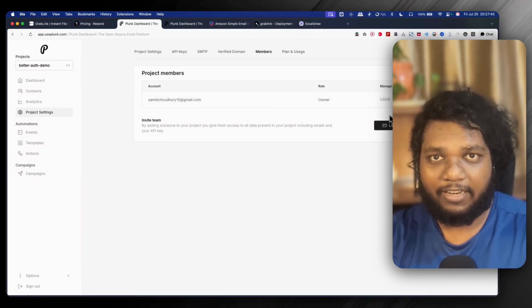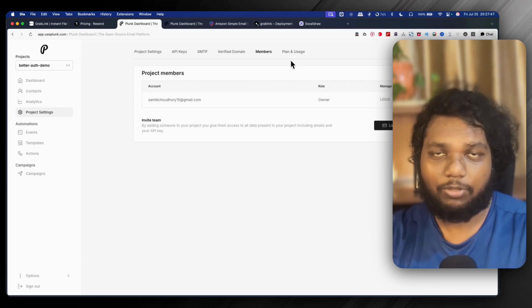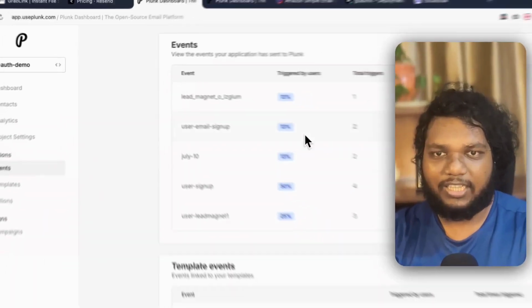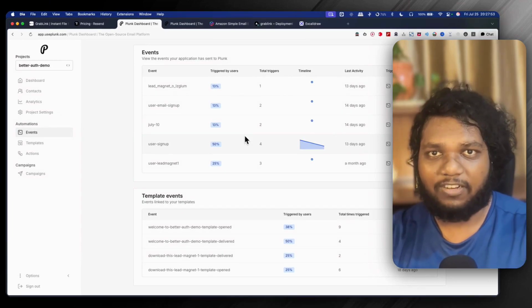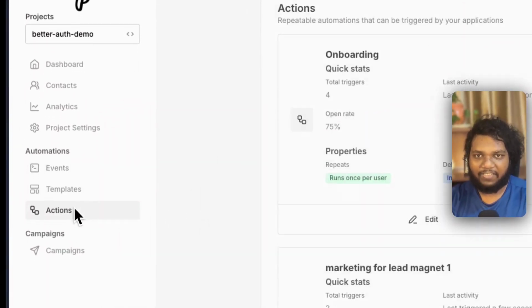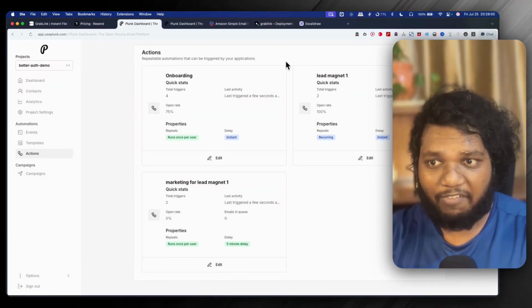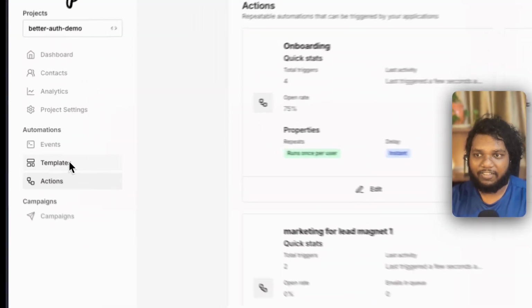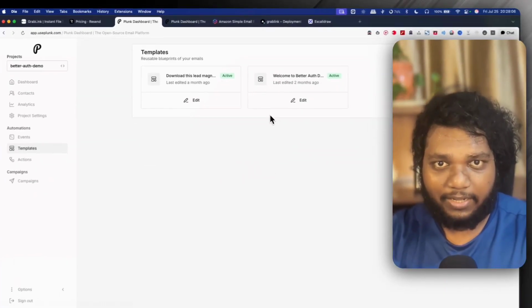So again, it will then use pay per use method. Right now there is no credit card added, so I'm just on the free tier. And these are the events which you can create. So whenever someone triggers the event, we have the template setup, we have the action setup. So whenever some events are triggered, we create action, and for each event we link one template to that event,